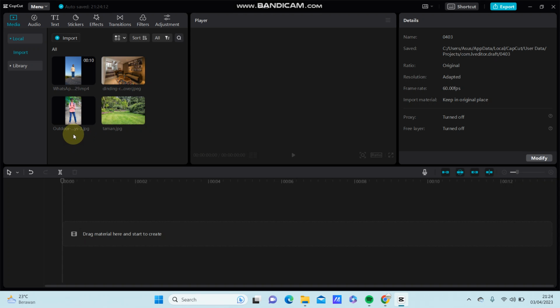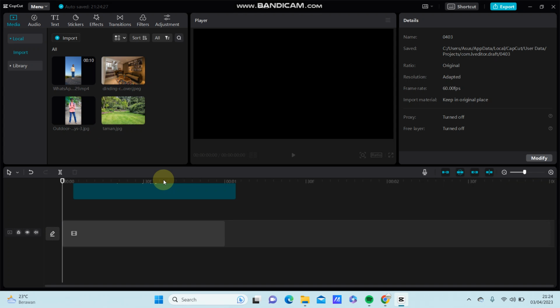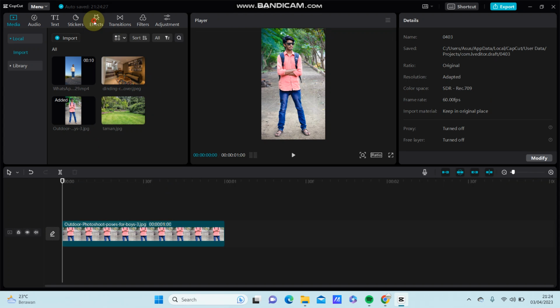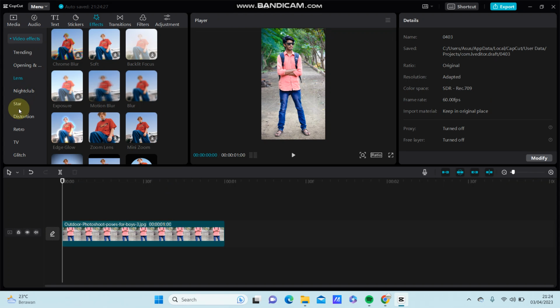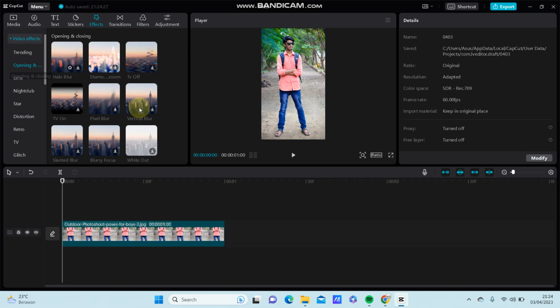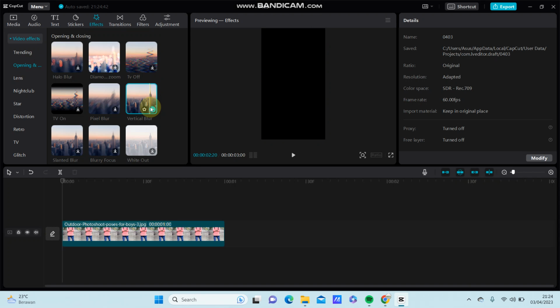Alright, select your video or photo you'd like to edit, and for example I'm going to select a photo and go to the effect, and then you can select the opening and closing, and you can find the particle blur. Just download this effect and add it to the track,